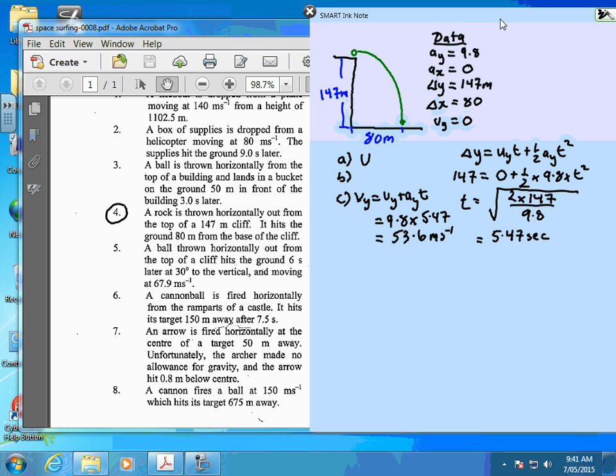Delta x, I know that, equals ux, trying to find that, times the time, I know that, so I can use that still, plus a half ax, yeah, I know what that is, times the time. Yeah, I can use that formula to find ux. So, ux is,